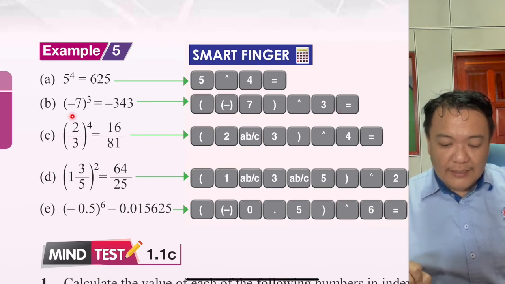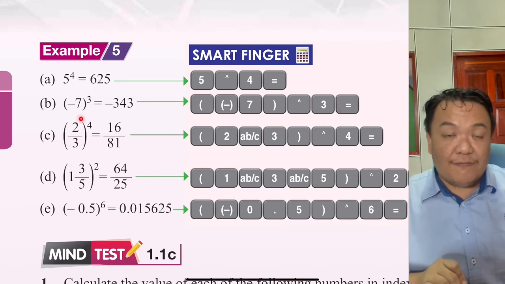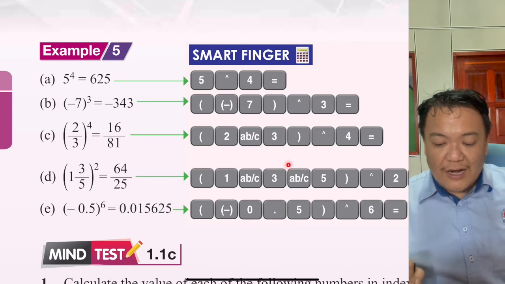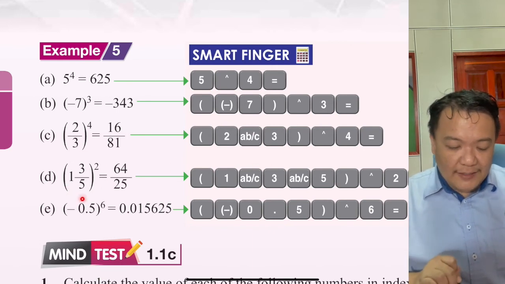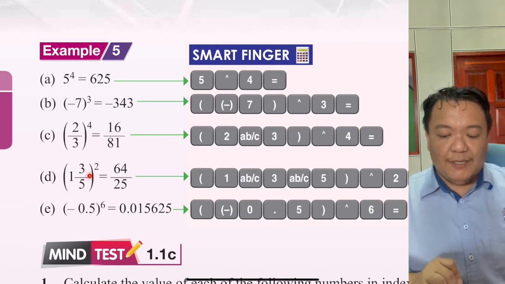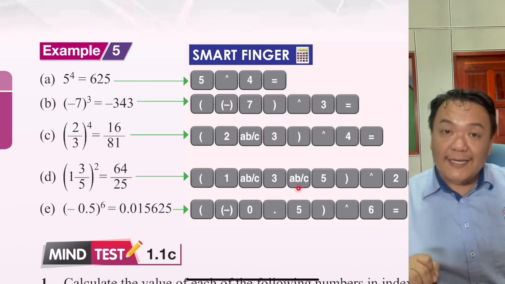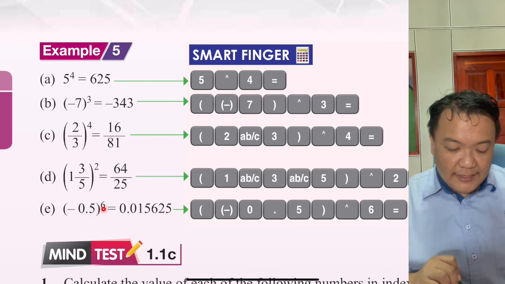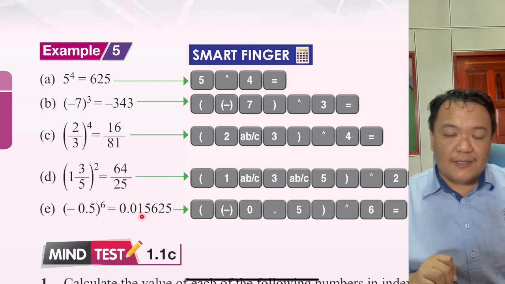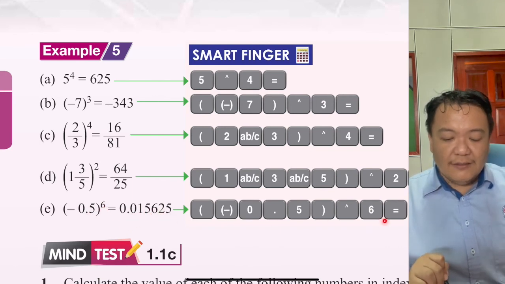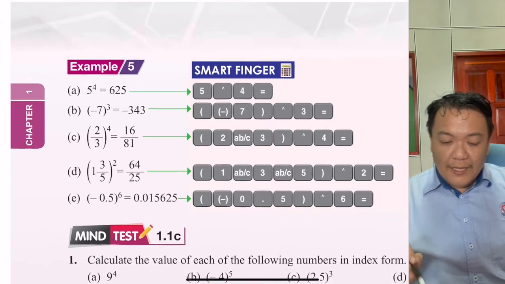Sama juga if your base is a fraction. This is how you type. Okay, this is a mixed number. If mixed number, how you type? Inilah dia. And negative 0.5 power of 6, 0.015625. Okay, so